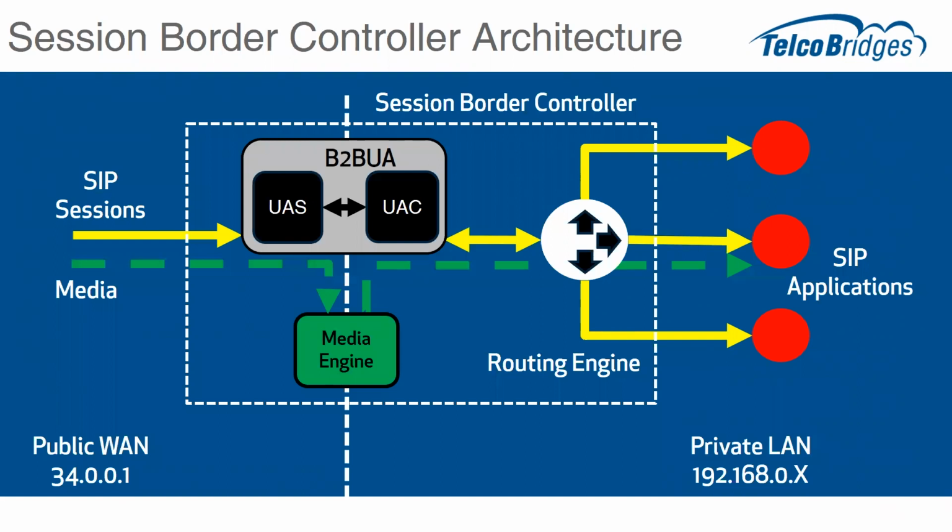Yeah, a few things. First, there are special rules, right? Because when you separate the two networks, sometimes, like for registration, for subscribe notify messages, you need to modify what you receive, but some of the information still needs to be passed to the internal network and going back out. Because in a regular call, for example, it's really separated. These are two SIP calls, one internal, one external, right? So with registration, we have some manipulation to do to make sure that the right information is conveyed to the internal registrars or other SIP applications. Okay.